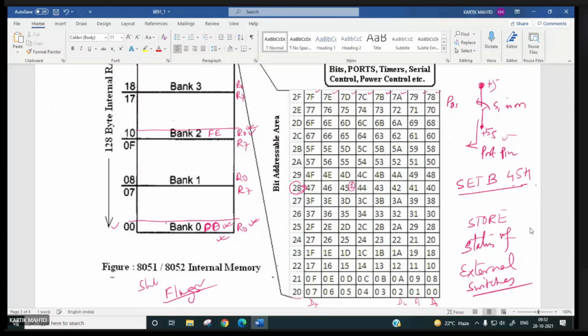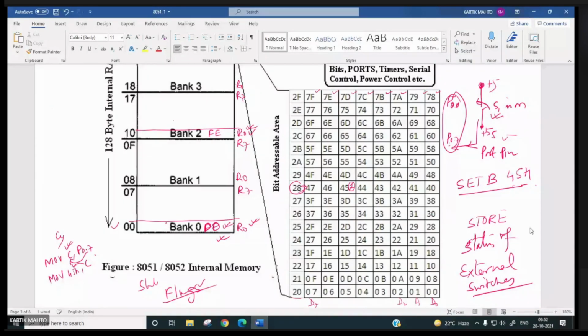Now, if it is connected to the P0.7 pin, you can simply write this instruction: MOV C, P0.7. So it will be copied to carry flag, and from carry flag, you can copy it to 45H. So P0.7 will go first to the carry flag, then from carry flag to 45H. So the status of this switch S1 can be stored over here.